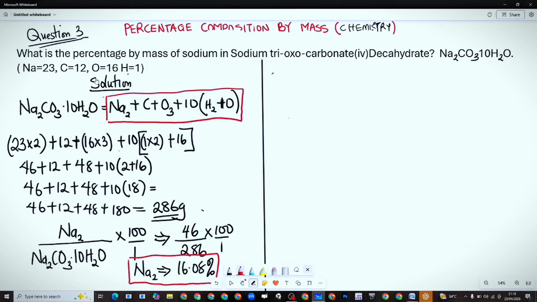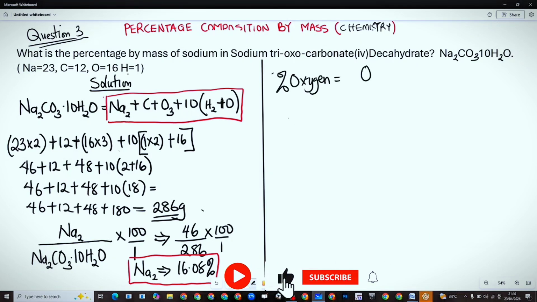That's sodium's share. So my question now is, what if they ask us to find the other atoms? How do we get the rest? Let's get the percentage of oxygen. What if they ask us to find the percentage by mass of oxygen? It will be the mass of the oxygen in the compound, so the percentage of oxygen is going to be O3, because that's the mass we're looking at,